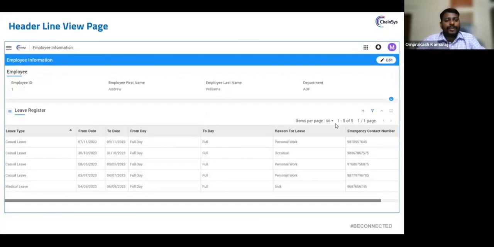Next is header line view page. So if a user wishes to see both the parent and child, 1:many child, in a single page, the user prefers the header line view page. So once the user enters a parent record and clicks save, it will navigate to the header line view page with the parent in the grid section. So this will be a frozen part, and to enter a child, you just need to click the plus icon, a pop-up, or it will be navigated to a new window. So the user enters the child records and clicks save. After that, it will redirect to this particular list page.